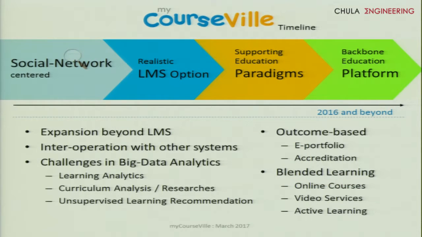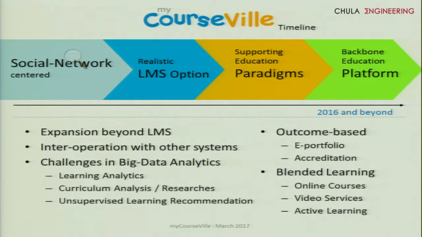But then again, we grew quite a lot until recently, when lots of needs were placed on the system. The system has proved itself: if you can remember those requirements, it can answer more and more of them. So today and into the next few years, we will be talking about expansion from LMS to interoperate with other systems.